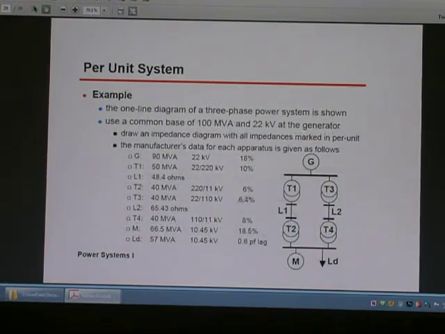So this is the example as a representation of the per unit system. This is a different generator, transformer, line